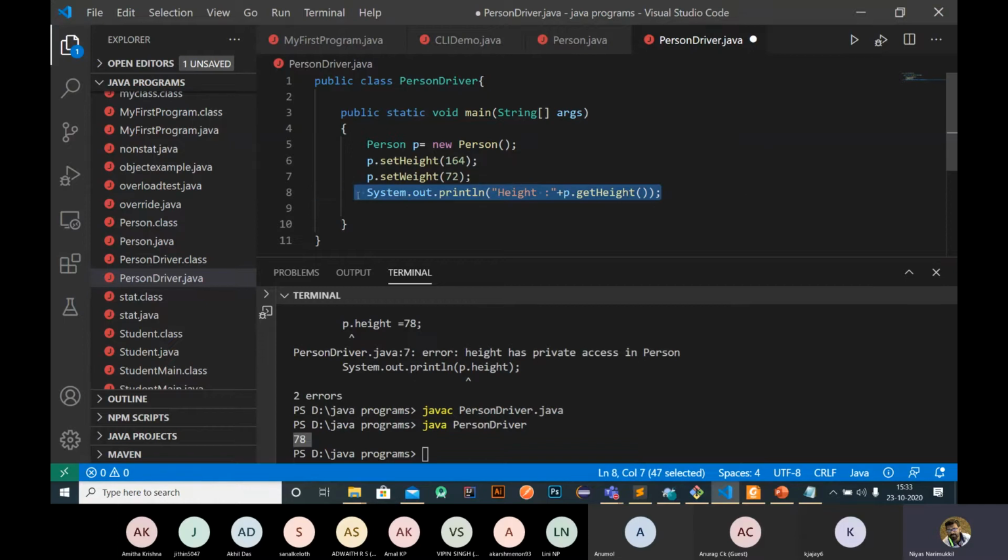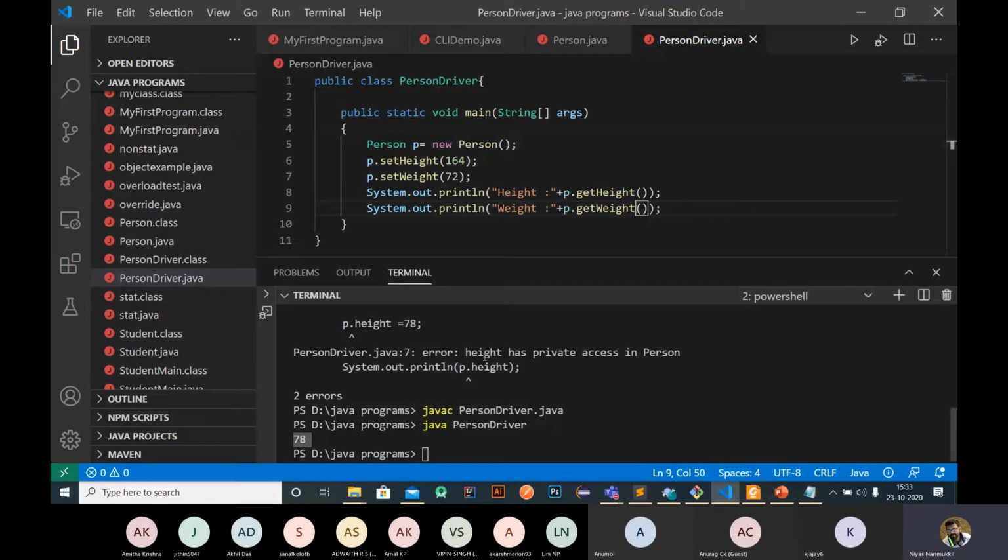Then if you want to print the weight, getWeight. We use one function for setting the values, and once we set a specific integer, if you want to get the values, we use another function. Just try to run this program again.